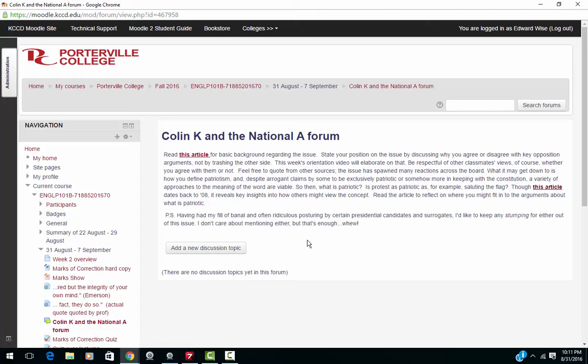We've had a lot of back and forth about patriotism of late, and some groups claiming that they're patriotic and other groups aren't. And it gets to the Second Amendment business, as if to say, well, only certain people are Second Amendment people. We can all be Second Amendment people.